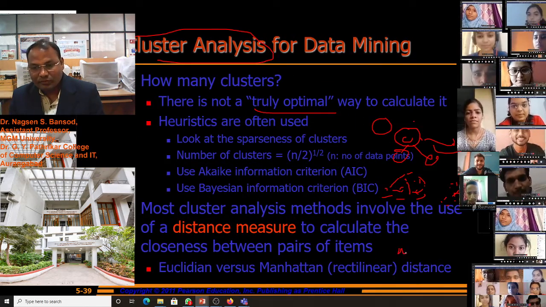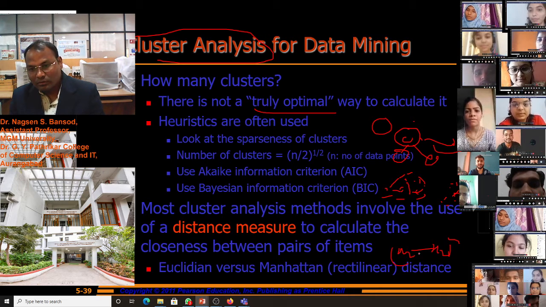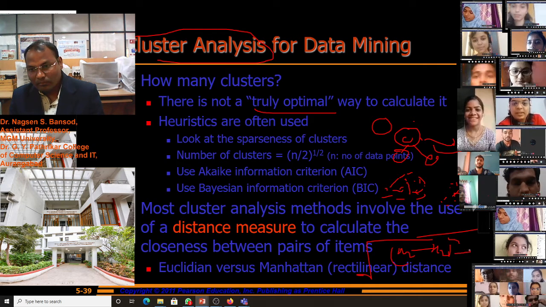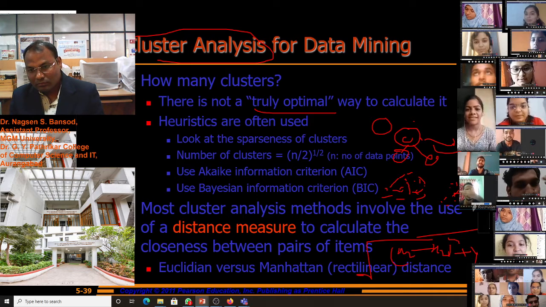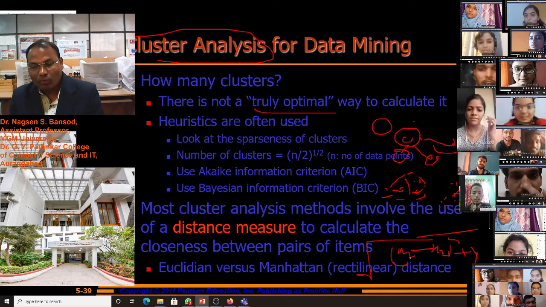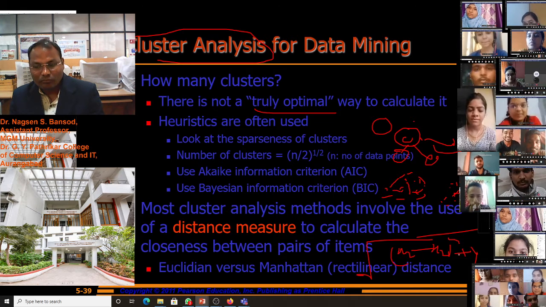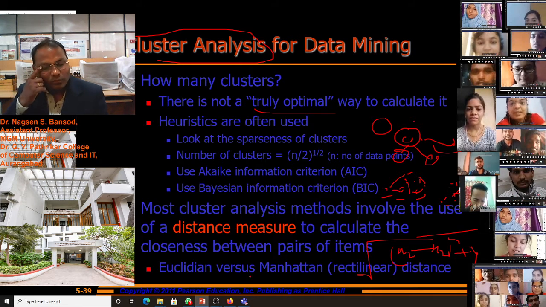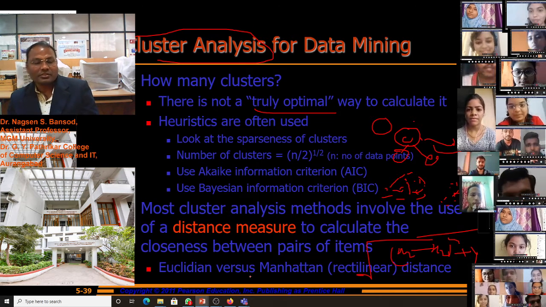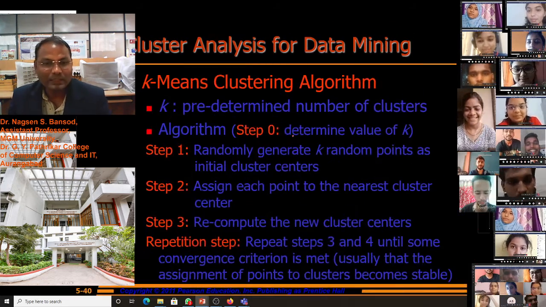Euclidean distance: square root of (x1 minus x2) whole squared plus (y1 minus y2) squared. Here x1 is the observed and predicted values. We don't have to go that deep into the Euclidean and Manhattan distance. Just keep in mind that we can use this distance measure for clustering.